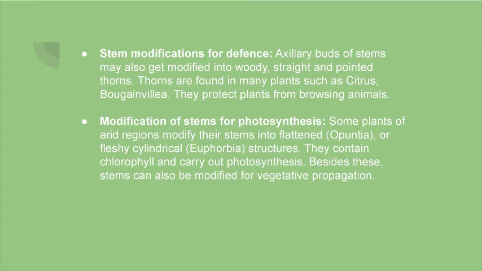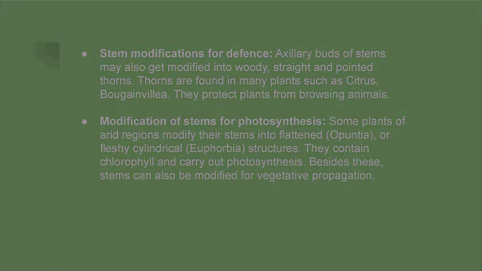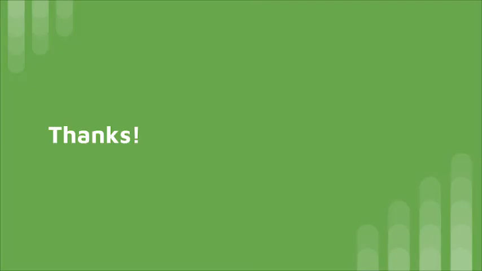Last but not the least, the modification of stems for the process of photosynthesis. Some plants of arid regions modify their stems into flattened or fleshy cylindrical structures. They contain chlorophyll and carry out the process of photosynthesis. Besides, these stems can also be modified for the purpose